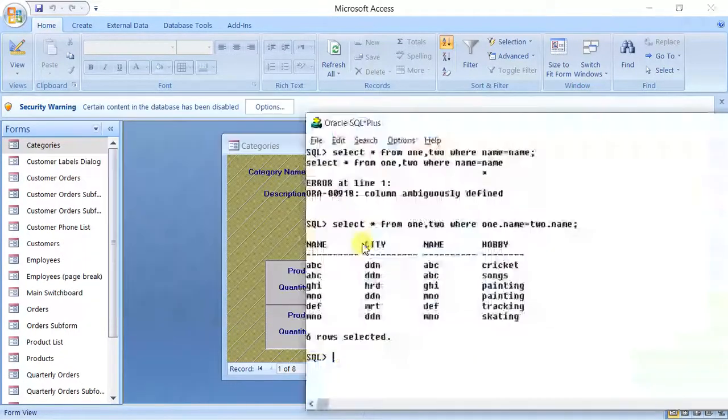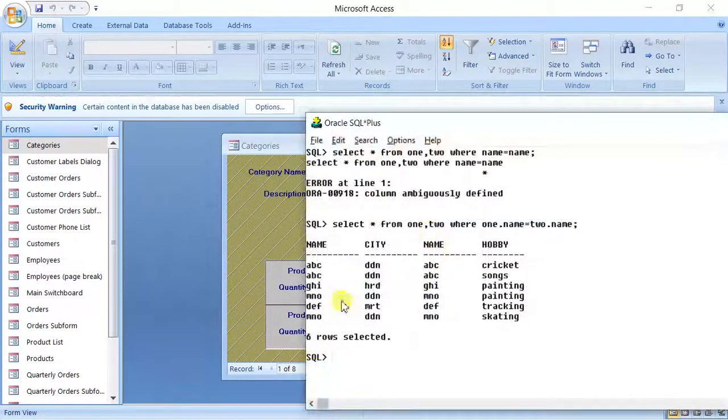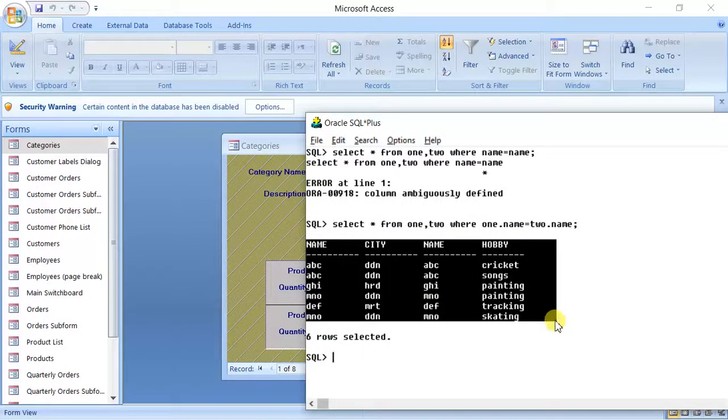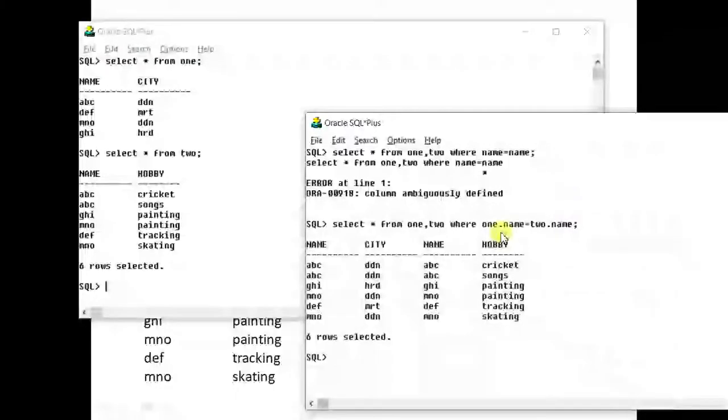If you see it in a table, you will see multiple times name, name, name, ABC, ABC. But when you convert it into a front end interface, repetition is eliminated. So at the back end this is still coming through a join, and confectionery, confectionery, confectionery and the name of the product will be displayed multiple times, but the user will see it in this way. I hope it is very clear that this is just a DBMS output. In real life, the user never sees this output. The user will see it through the front end. Okay, let us move ahead.